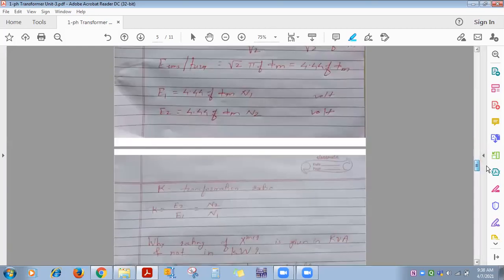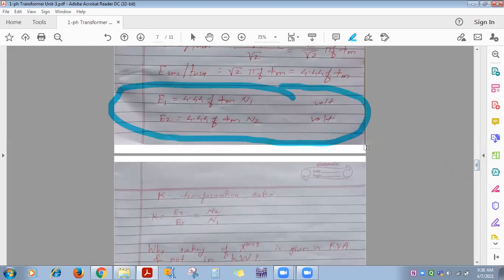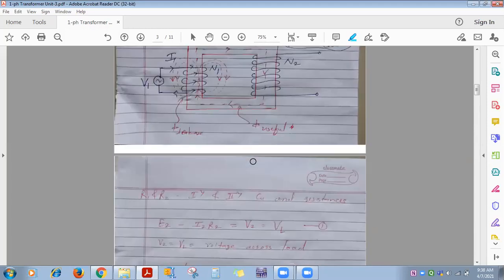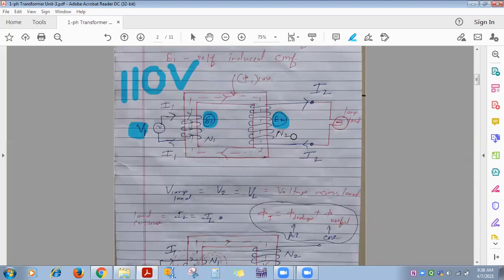Okay, so V1 is constant. I told you E1 and E2 we are going to derive the expression: 4.44 f phi m N1, 4.44 f phi m N2. See, this is the derivation we'll take soon. I will explain that all these parameters remain constant, which means E1 and E2 are also constant. So V1 is constant, E1 and E2 are also constant, and you are increasing load on the transformer. First one lamp is connected in parallel, then 2 lamps, 3 lamps, 4 lamps, and so on. Each and every lamp is of 100 watt.